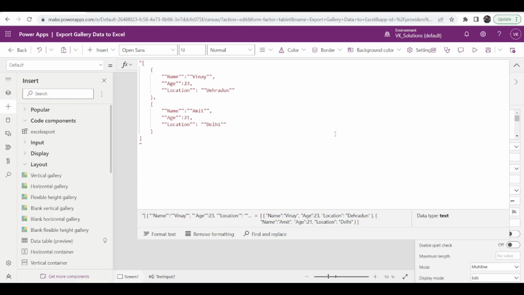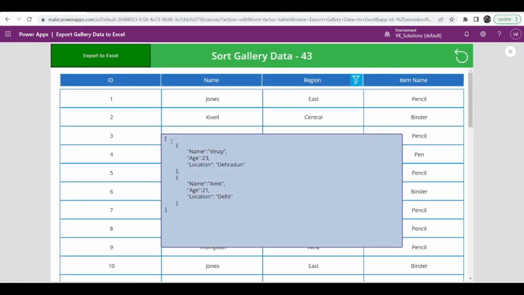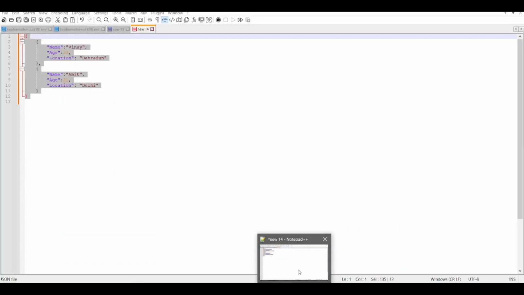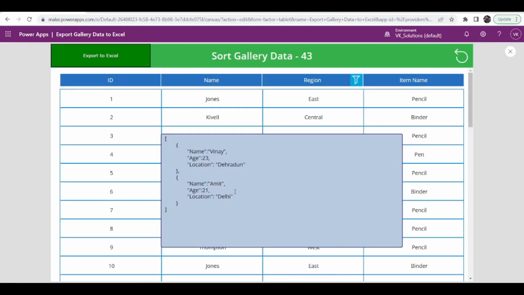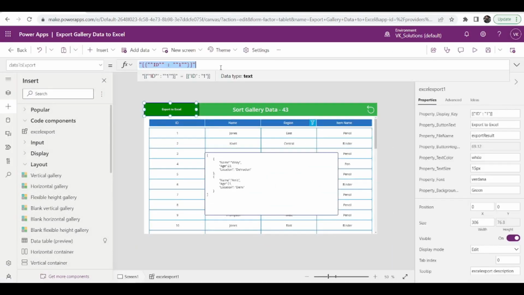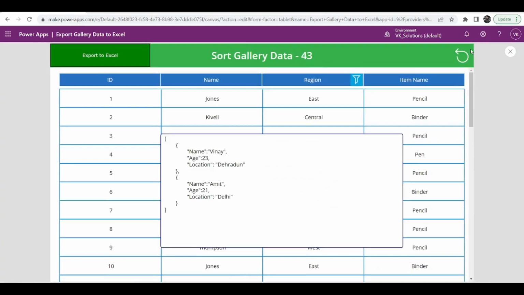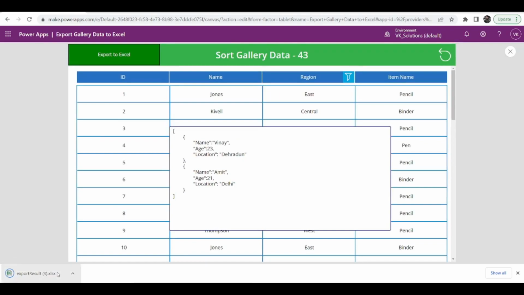Let me first copy this whole thing, and then I'll show you here. If I increase the size of this, you can see it is now looking just like it was in my notepad. So this is the correct JSON. You have to provide correct JSON here. Just copy and paste. I have pasted it here, and if I now play the app and click on export Excel, you can see,